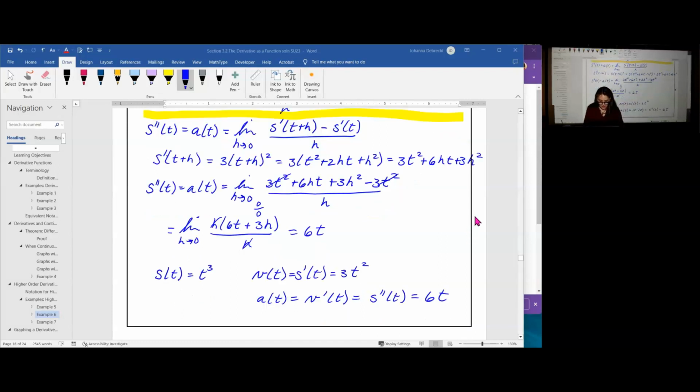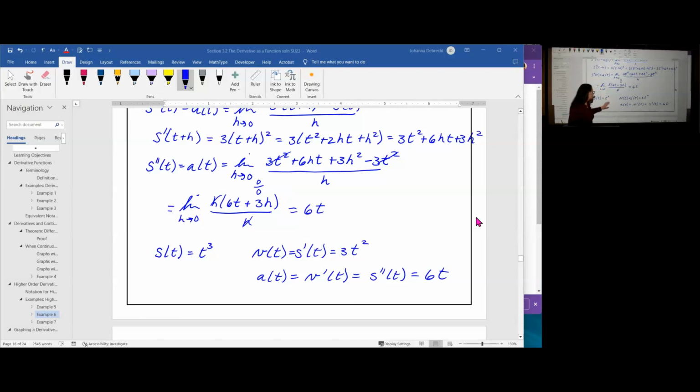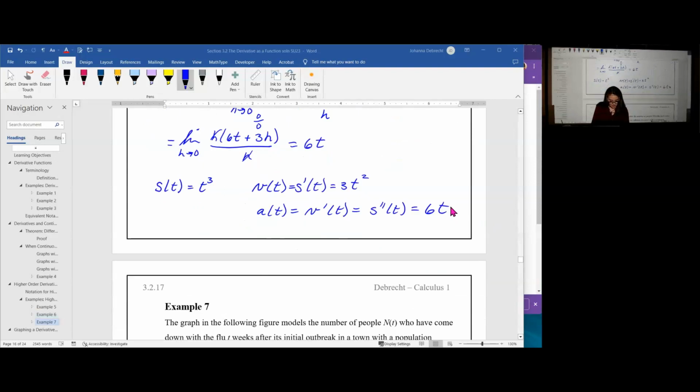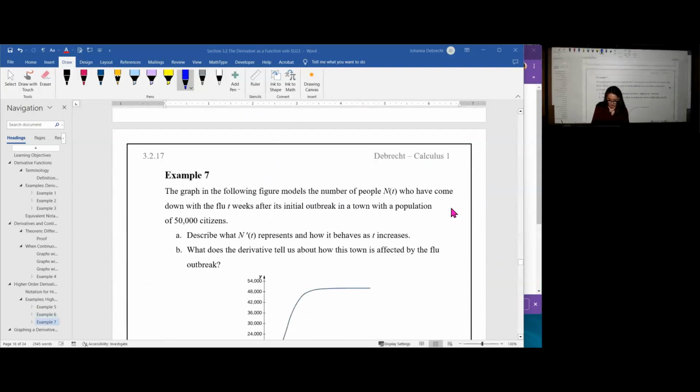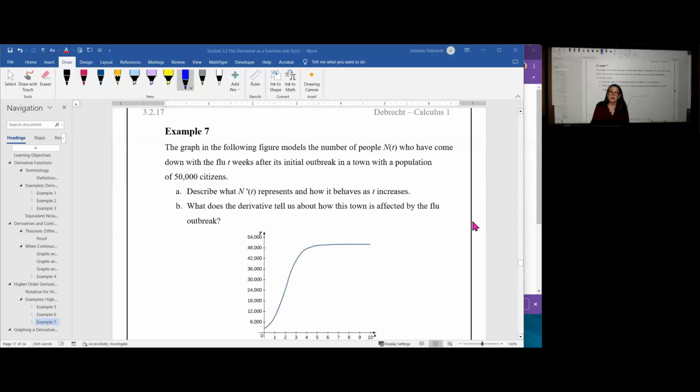This means that our position function is t cubed. Our velocity function, or first derivative of position, is 3t squared. And our acceleration, which is the first derivative of velocity, and the second derivative of position, is 16. You may be wondering what's the jerk, which is the derivative of acceleration. It would be 6. Now let's take a look at the last part of this particular section, which is an